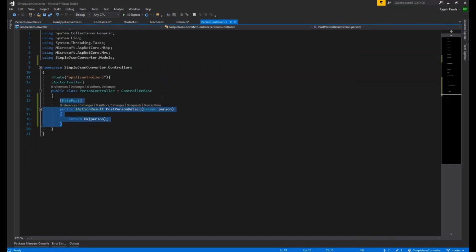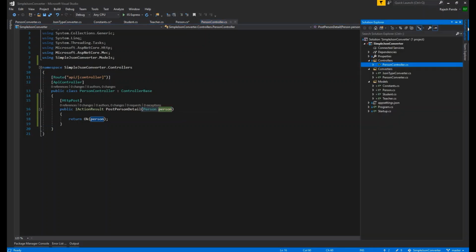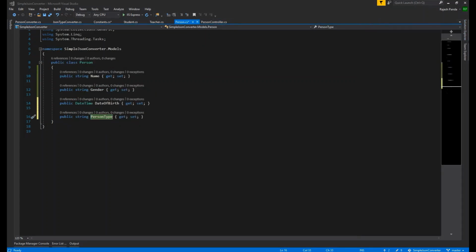So what happens is, whenever we make a request to this particular endpoint, we have the JSON string, which is actually a string coming as part of the request. We have to deserialize it into an object. So that's where we have to mention what's the deserializer that we will be using here on the person